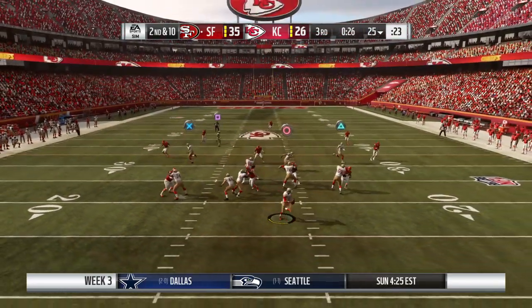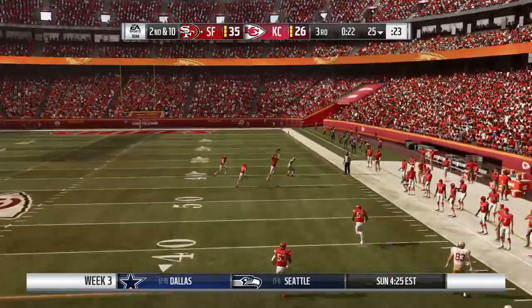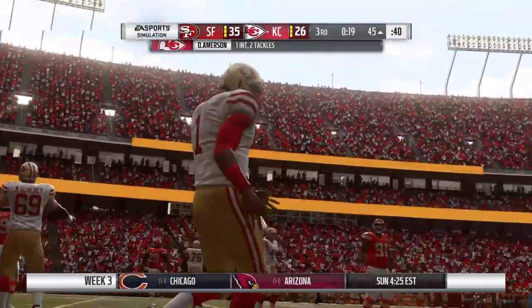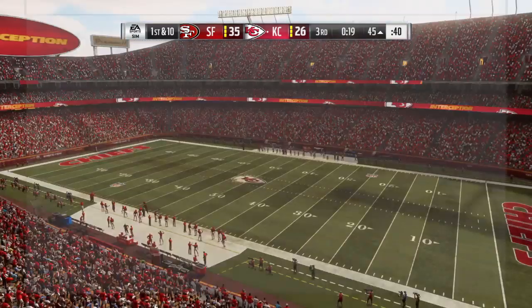Back to throw now on 2nd and 10. Flush to his right. Deep ball for Goodwin. Into heavy traffic, and it's intercepted. Picked off by David Anderson. And he returns it into enemy territory. Down to